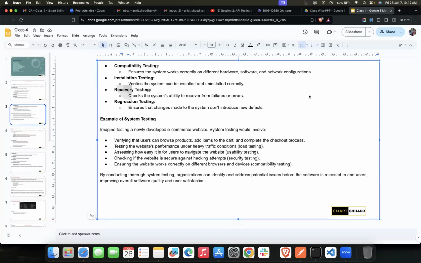Okay. So that is what regression testing is. And if I give you an example, suppose a social media platform has login functionality. In the first iteration, we gave the login with the help of email ID and password. There was only one option. Now, in the second iteration, we gave customers the ability to log in with the help of their Google email ID directly. You must have seen that option, login with Google.